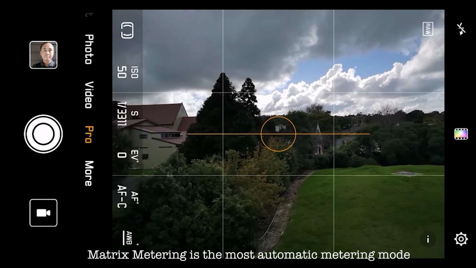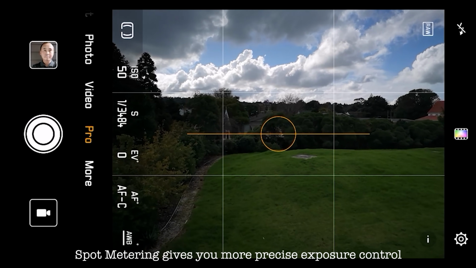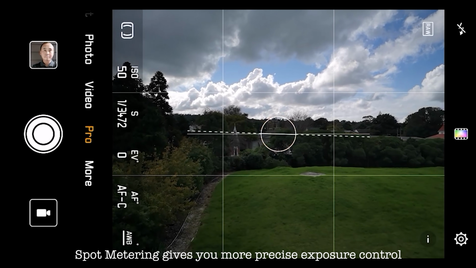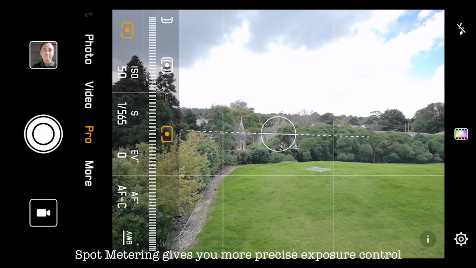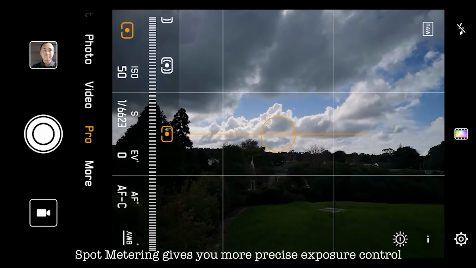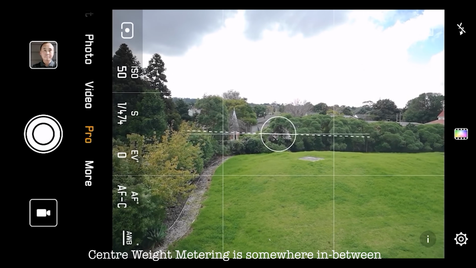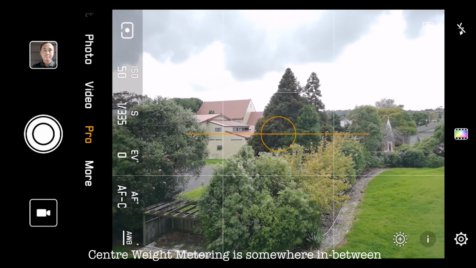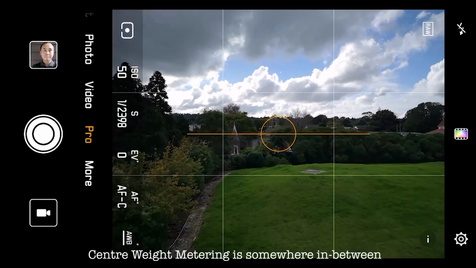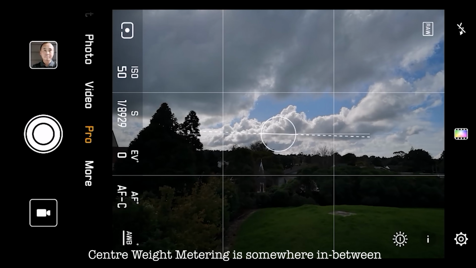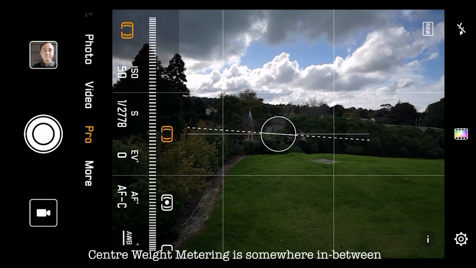You can pay attention to the shutter speed. You can see it's changing when I'm moving the camera around, but it's not changing too dramatically because it's still trying to take into consideration the whole scene. While if I change back to spot metering, then you can see the shutter speed would change dramatically depending on where I'm pointing to. If I'm pointing to a really dark area, it will go quite slow. And if I point to a bright area, it will change to a very fast shutter speed. Okay, let me change it back to matrix metering.